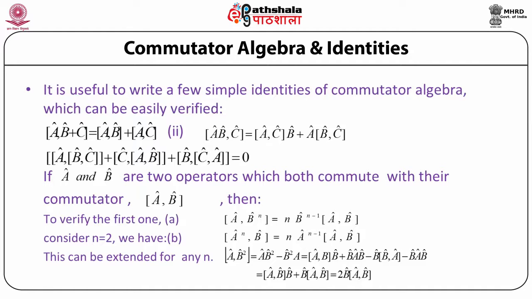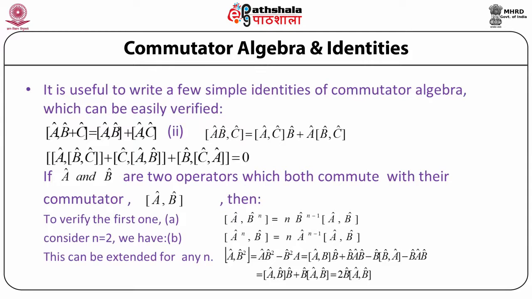In order to prove this relation, let us write the product as operator C. Let us consider two vectors, ui and uj, and then write the following relation: bra vector ui, operator F operator G, ket vector uj, is equal to the summation over k of bra vector ui operator F ket vector uk, bra vector uk operator G ket vector uj. So we can write operator C is equal to